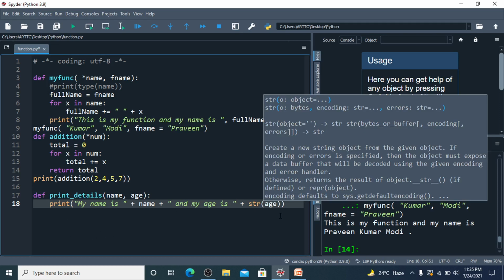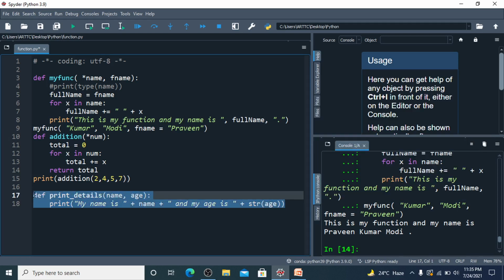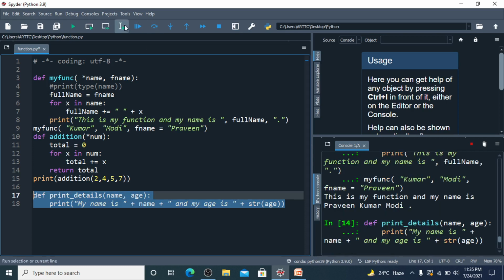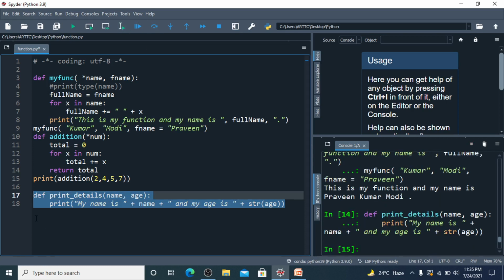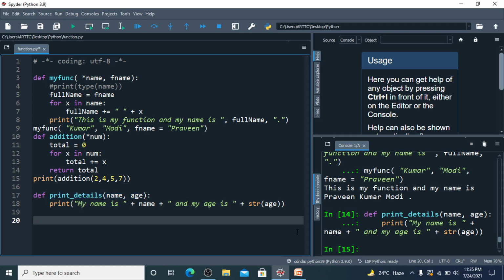So it will print name and age. So if I want to use this function, we'll use it like this. Name is Praveen, age is 36.